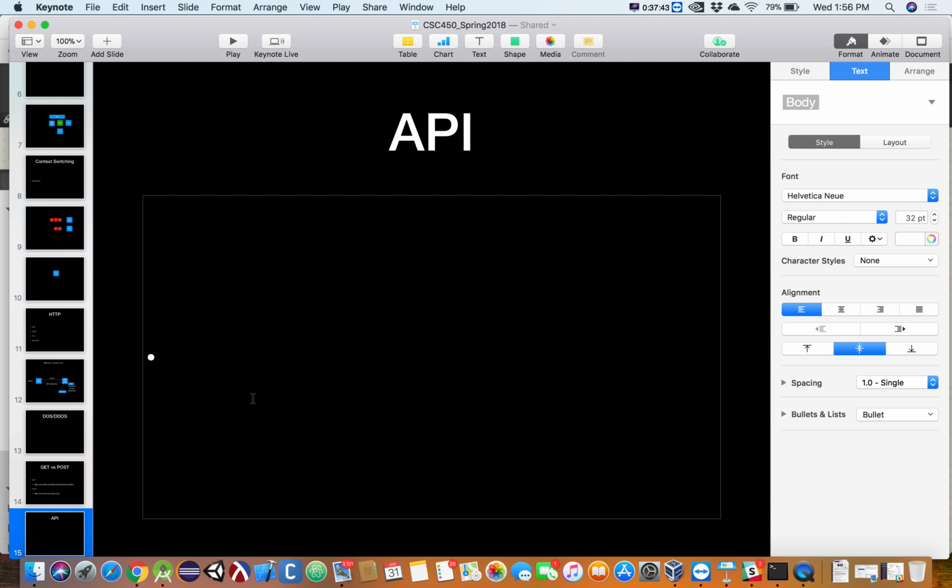So in any case, you might have, let's say, PayPal. You might use PayPal's API to send and receive payments or check an account balance, stuff like that. Now, historically, when a company had some information they wanted to make available to programmers, they would have to write a proprietary